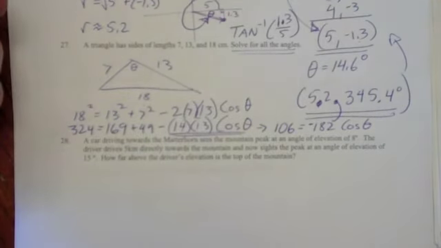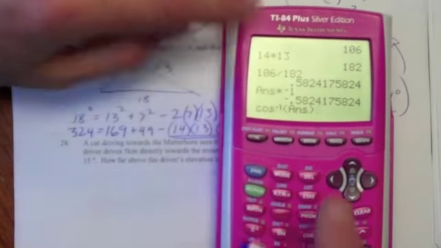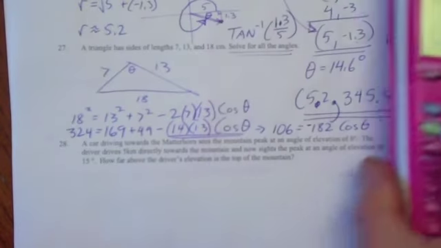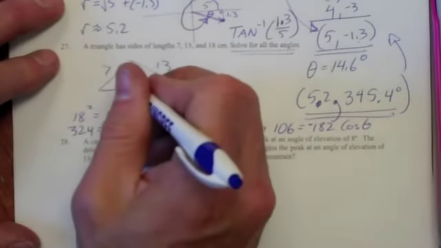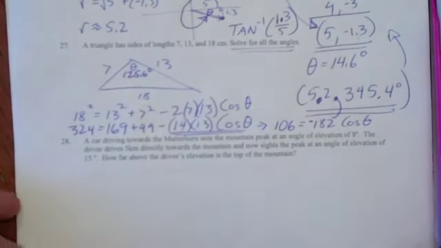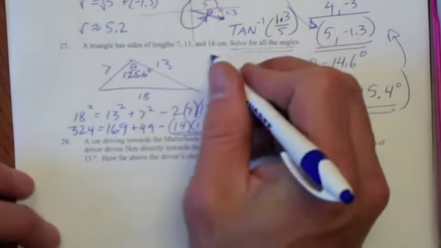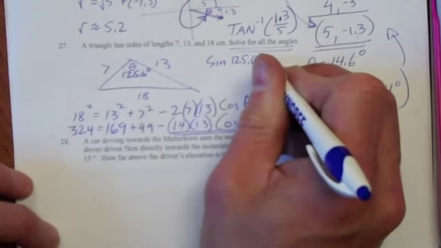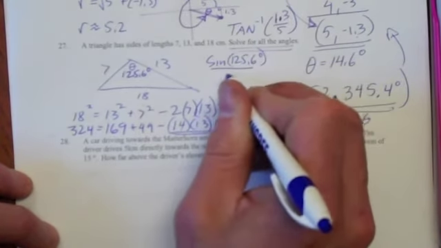And then I'm going to do second cosine and plug the answer in there. So I do inverse cosine of that answer up above, and I get an angle of 125.6 degrees. So that's 125.6 degrees. I'm going to then do the law of sines and say the sine of 125.6 degrees over 18